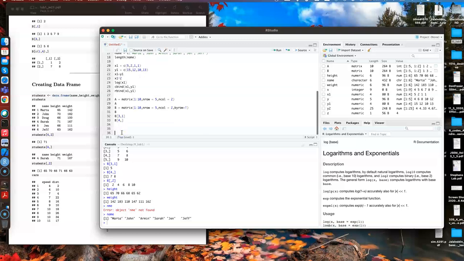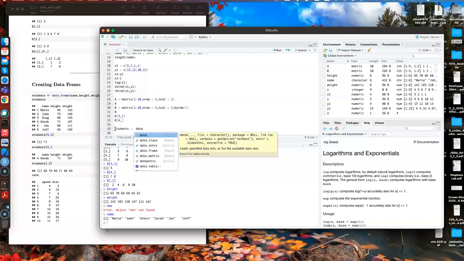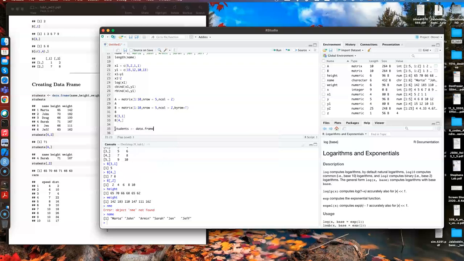What I can do is create it with the data.frame command. I want to create a data set and call it students. So the name of my data is students, and then I combine these three variables with the command data.frame, parentheses. The first variable of this data set is the name of the students. Then the second one, for example, the height of the students, and then the weight. And now if I run this command,